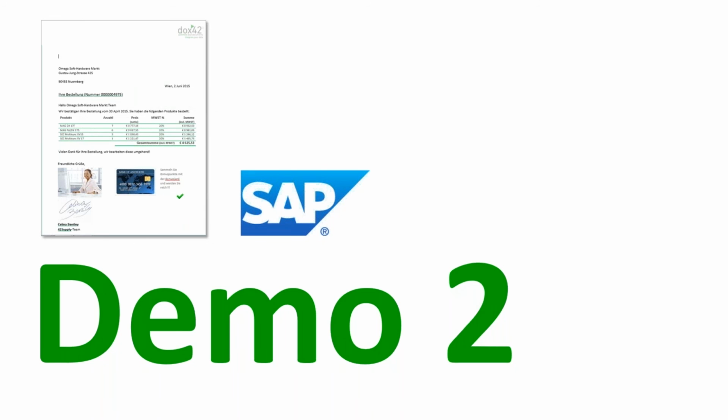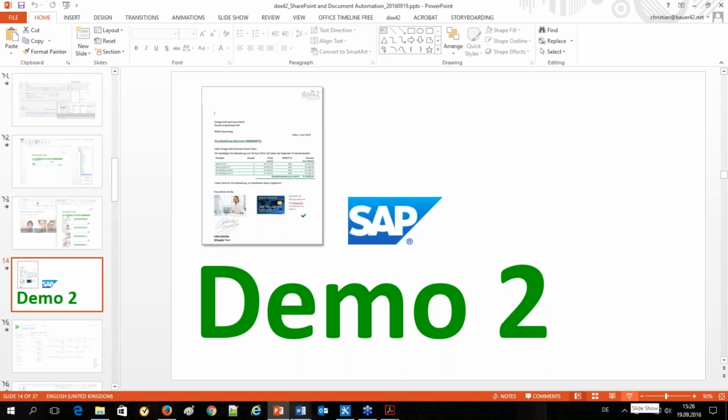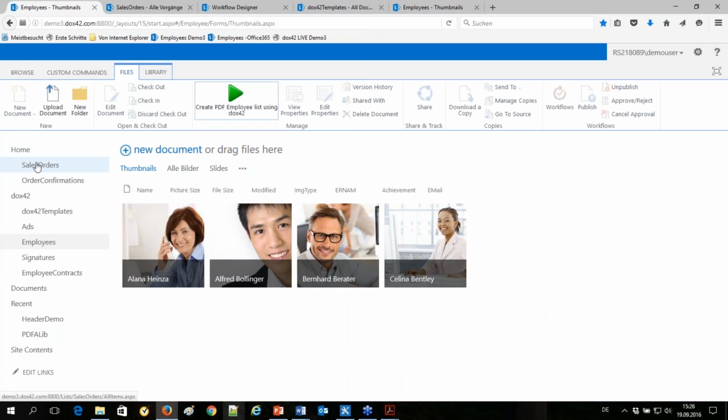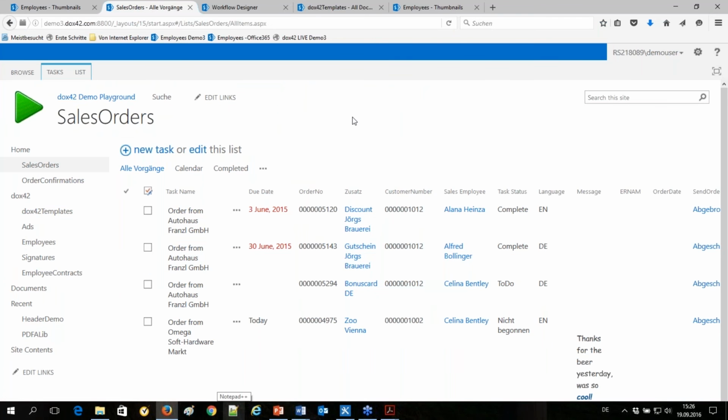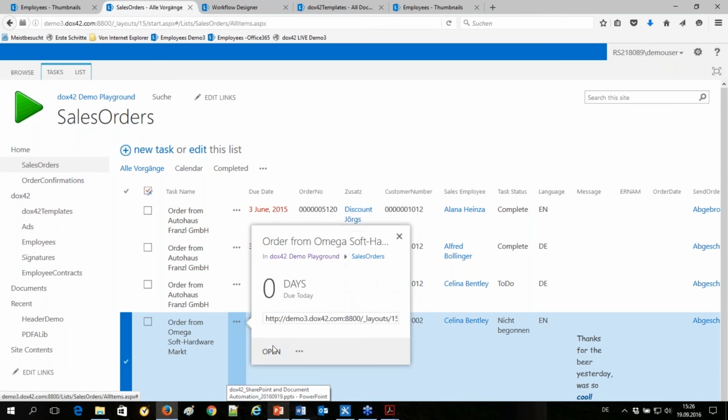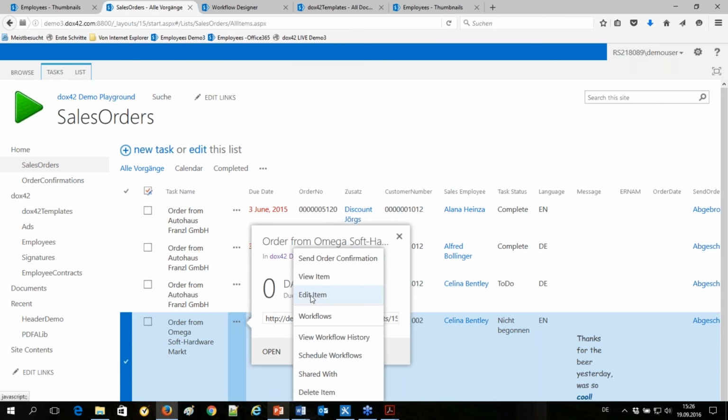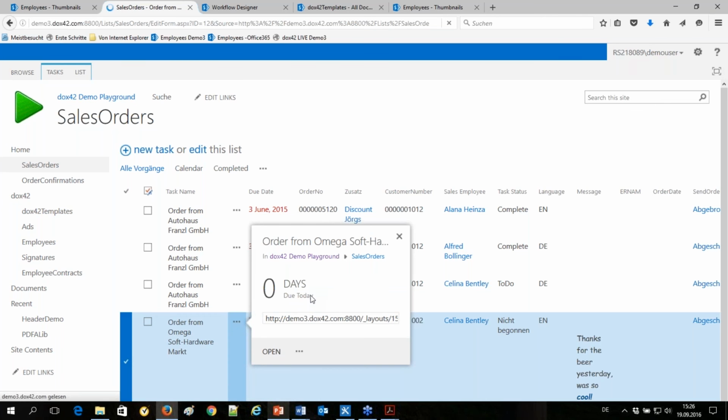We have some lookups to see which employee should be responsible for this order. We can integrate an advertisement. This is also a lookup. We can select the language and so on, and we can preview the order confirmation. This order confirmation is linked via an SAP order number to SAP. So what happens when we click on that? A document is created that loads data from SAP, the order positions, into this document, does some calculation, integrates the image of Selena, her signature, and also a little Word document for the zoo in Vienna.